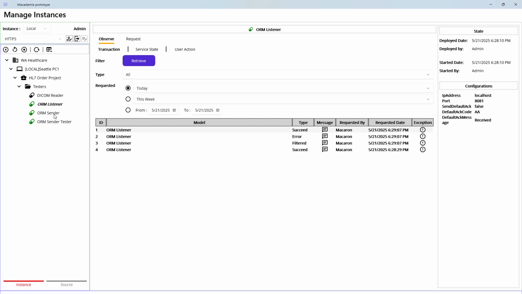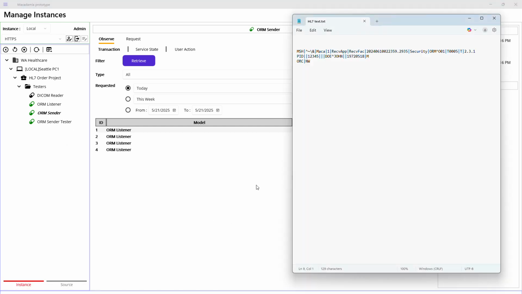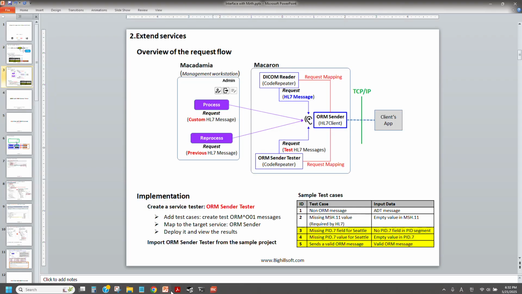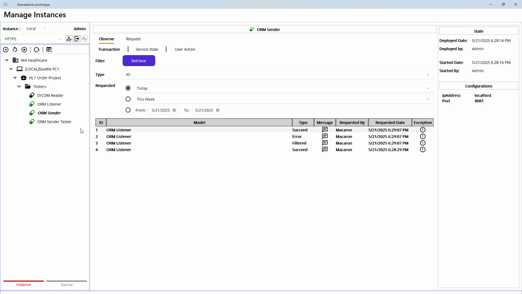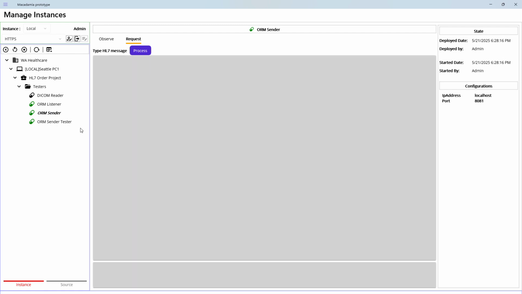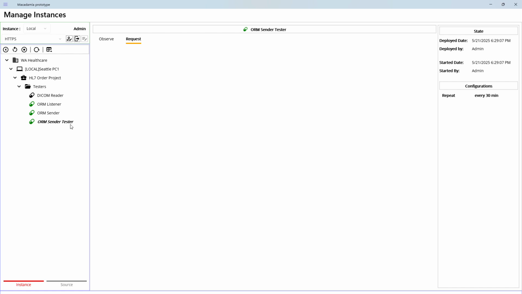Then if you go back to the diagram, the request is sent to the ORM sender. So the ORM sender can be a place to send a message. If you look at the ORM sender, there is a Request tab. If you look at the other service, you don't have any requests, because the Request tab is only for